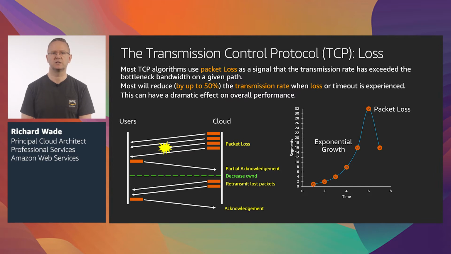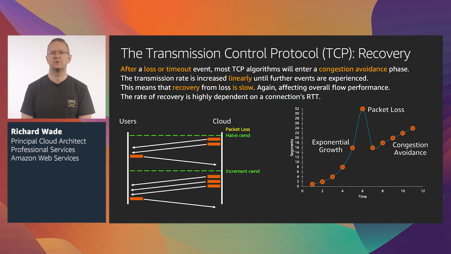And for long-lived connections, as we will discuss now, it can also have a big impact over the course of the connection's life. After experiencing a loss or timeout, traditional TCP enters what is known as the congestion avoidance phase and is common during steady state. This means that the TCP algorithm is now trying to avoid the packet loss it experienced while rapidly increasing its transmission rate in the startup phase. It does this by incrementally expanding the congestion window, just adding one additional packet to it each time it receives